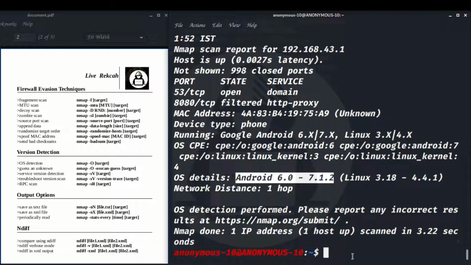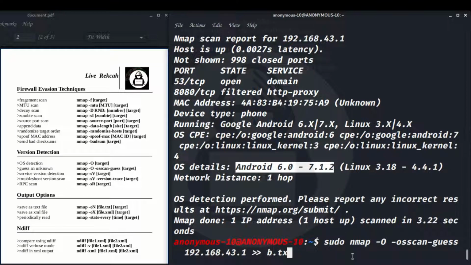If you want to save this as an XML file, same method. This is a shortcut, just put b.xml. It will work. But the correct way of doing this is, for an XML file you have to use capital X, and you have to change the extension here.